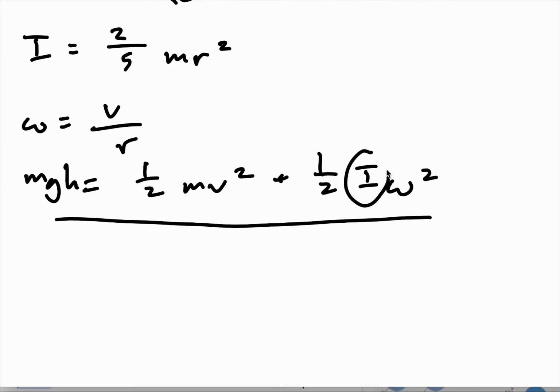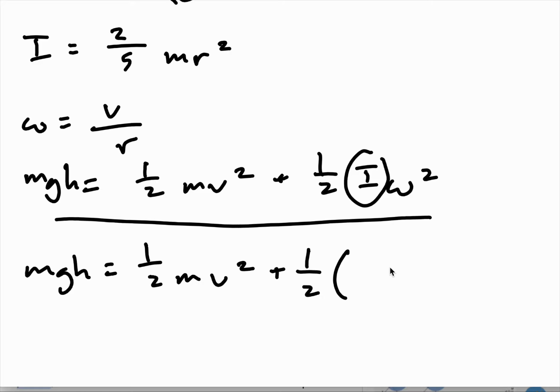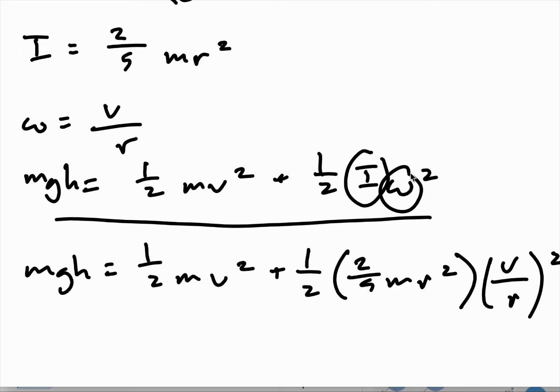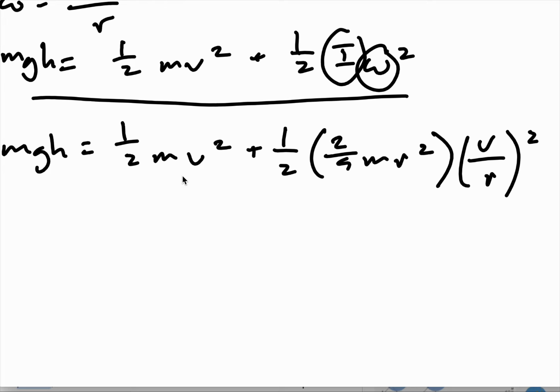And remember that I equals 2/5 mr squared, so then we have mgh equals half mv squared plus half times 2/5 mr squared times v over r squared, because omega equals v over r, right? So then we can cancel out the m's. Then we have gh equals half v squared